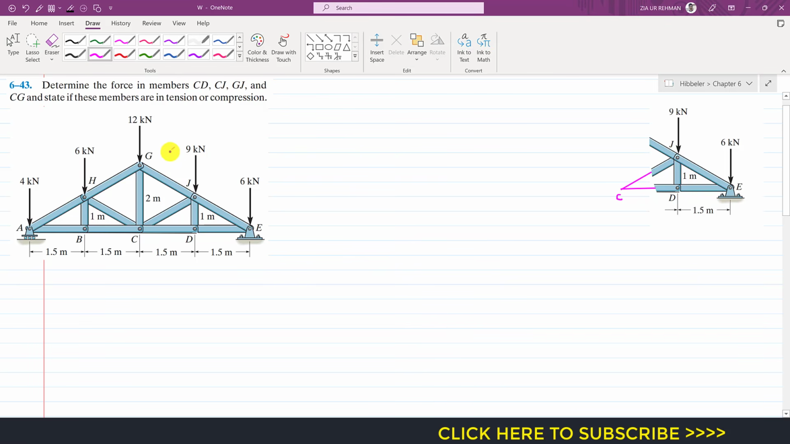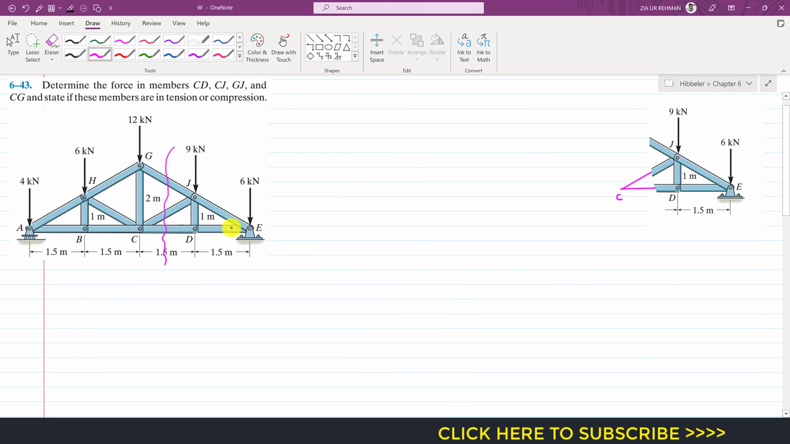So we will pass a cutting section here which will divide this truss into two parts, right? And this cutting section needs to pass through those members in which we are interested to find their forces. So this is CJ, GJ and CD. So we will find these three, and then we will apply the method of joints to find that